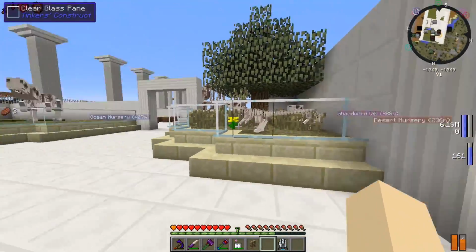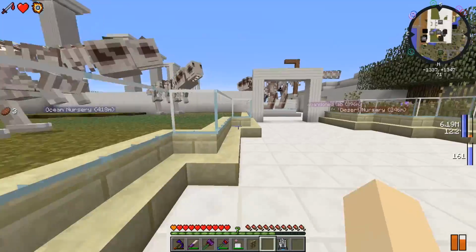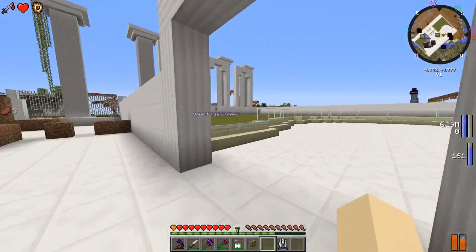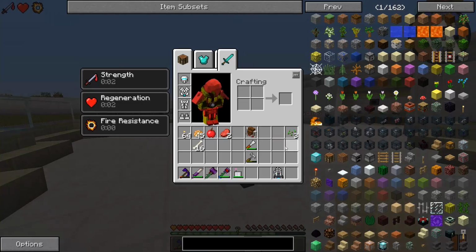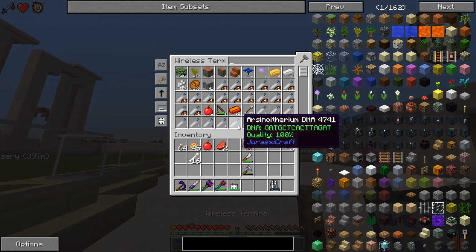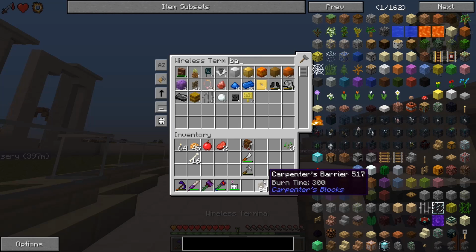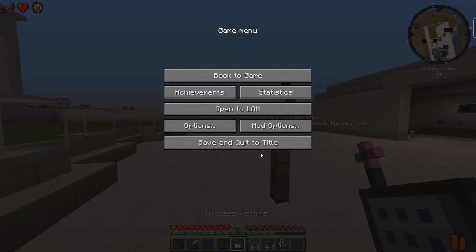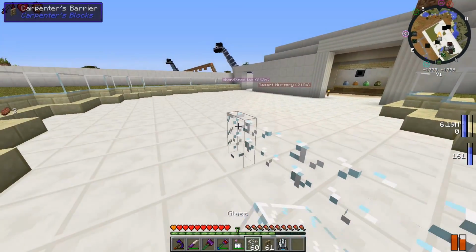Oh yeah, I replaced all these fences with glass panes because I read your comments from last episode. A pretty good amount of you liked comments saying glass, replace it with glass. So I did. I took the Carpenter's Barriers and let's actually grab some of those so I can show it off. Barrier, there we go, 204 of those things, and I smelted a bunch of glass, so we have 389, and if we build ourselves a barrier here and fill it in with glass, it looks